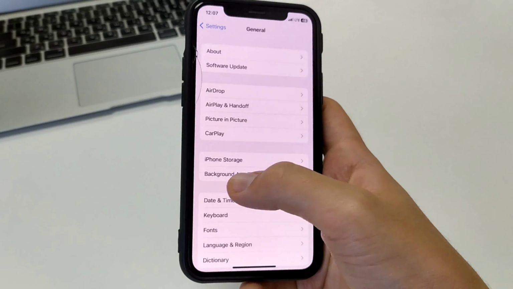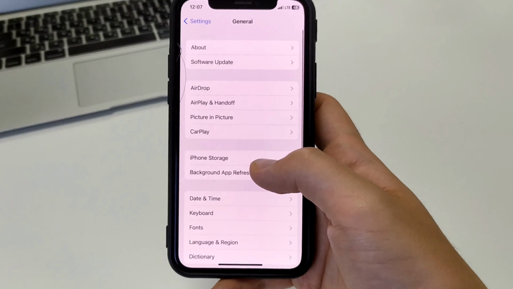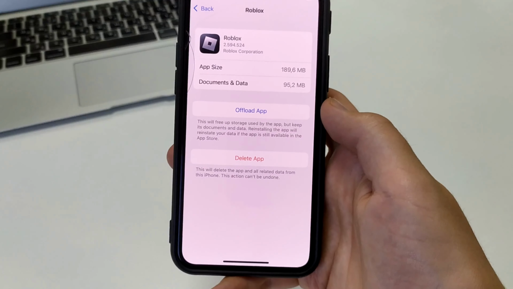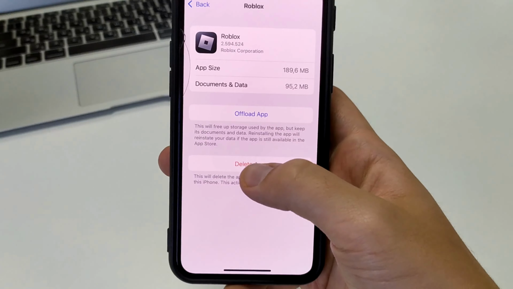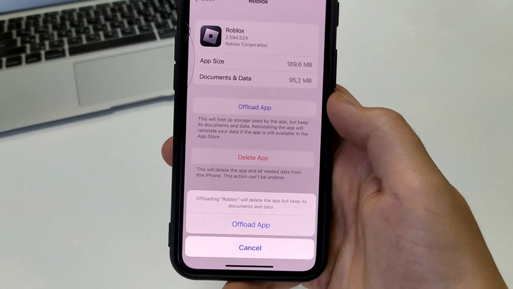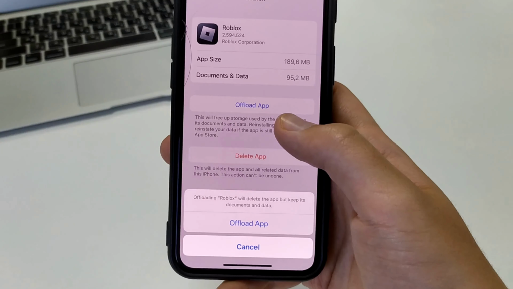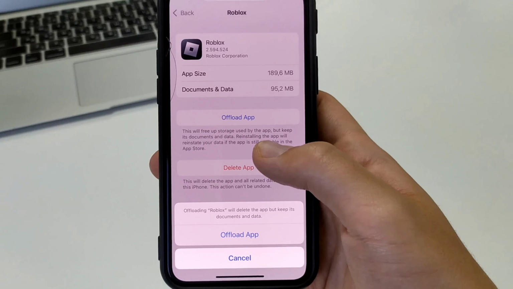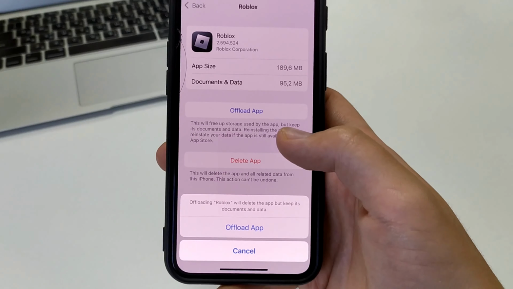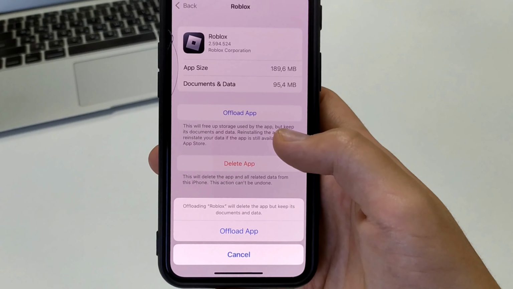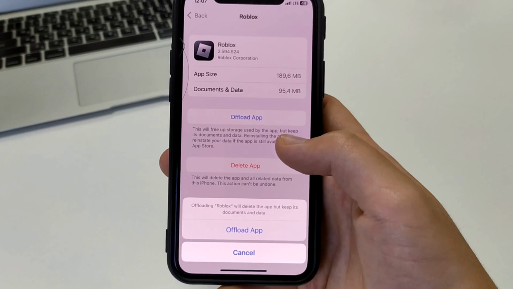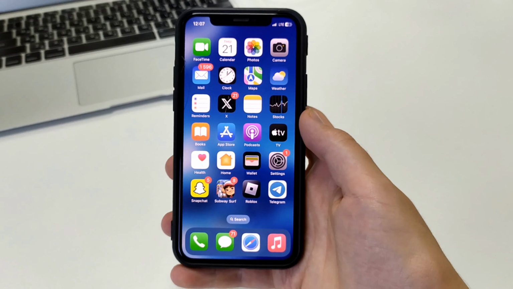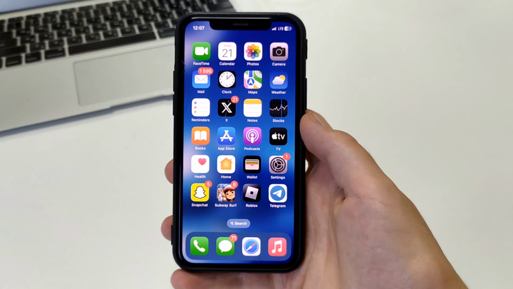The second way to do it is to go to the settings on your iPhone or iPad, open iPhone Storage, find the Roblox game, and then we need to click not to delete the application, but to offload it. This way, we will clear the cache and data. But the most important thing is that our application will be updated to the latest version, and none of our data will be lost. That is, our saves in the game will all remain. Most importantly, we will update to the latest version of the game Roblox.